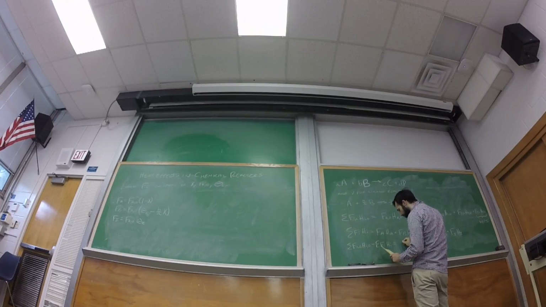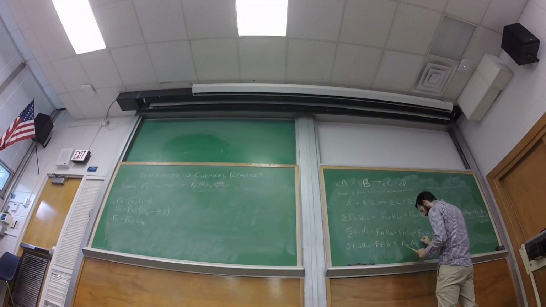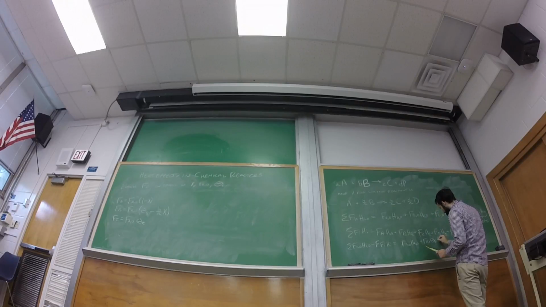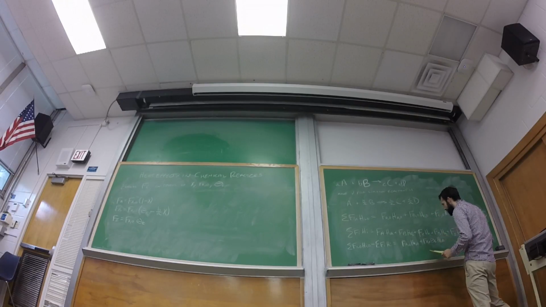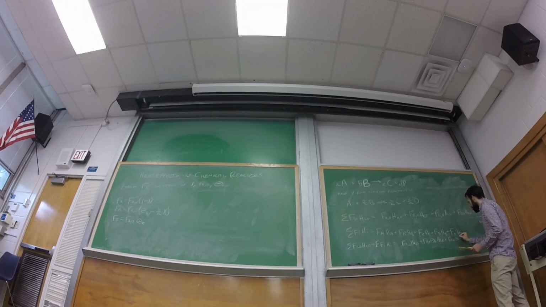So if we take the difference between these two equations, we get F_A0 H_A0, plus F_A0 theta_B H_B0, plus F_A0 theta_C H_C in the inlet,